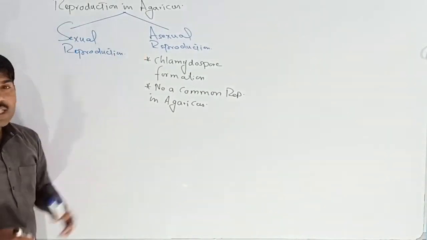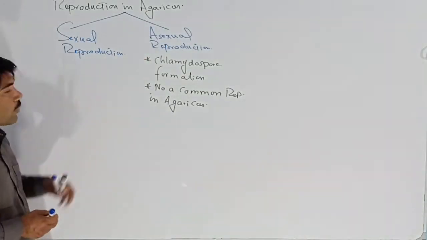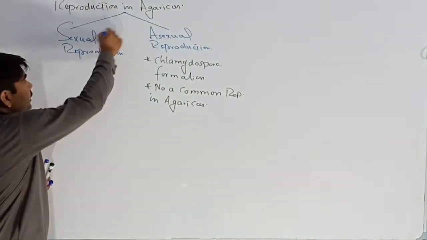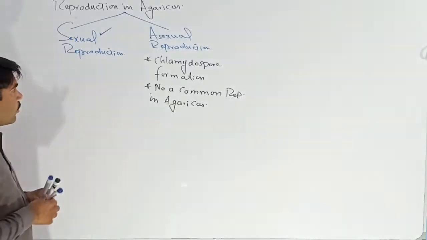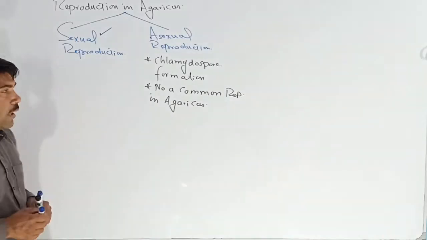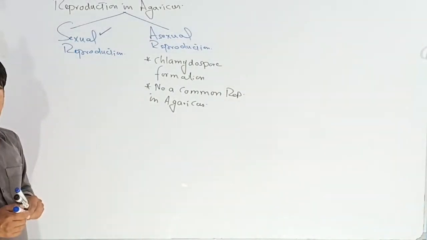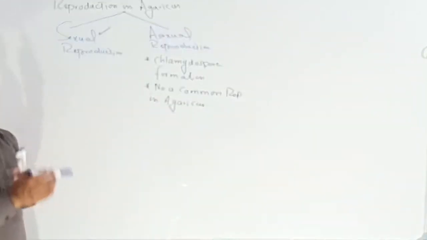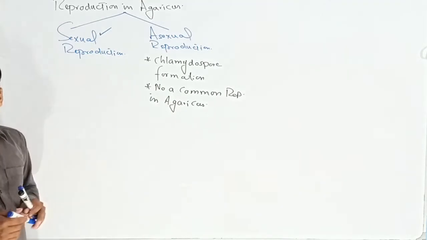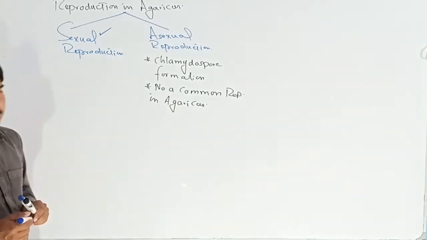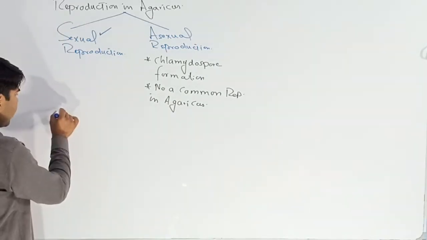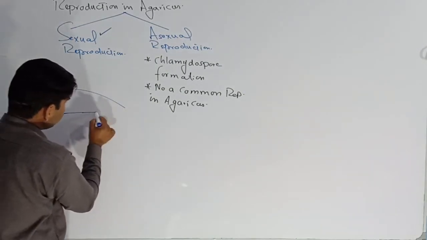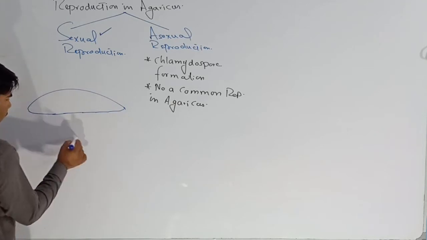After the asexual reproduction, now we are going to discuss the second type of reproduction, which is known as sexual reproduction. Before discussing the sexual reproduction, we have to make a diagram, and then we will discuss how Agaricus is involved in the sexual reproduction actually. In the last lecture, we discussed the diagram. This is actually the diagram of Agaricus,